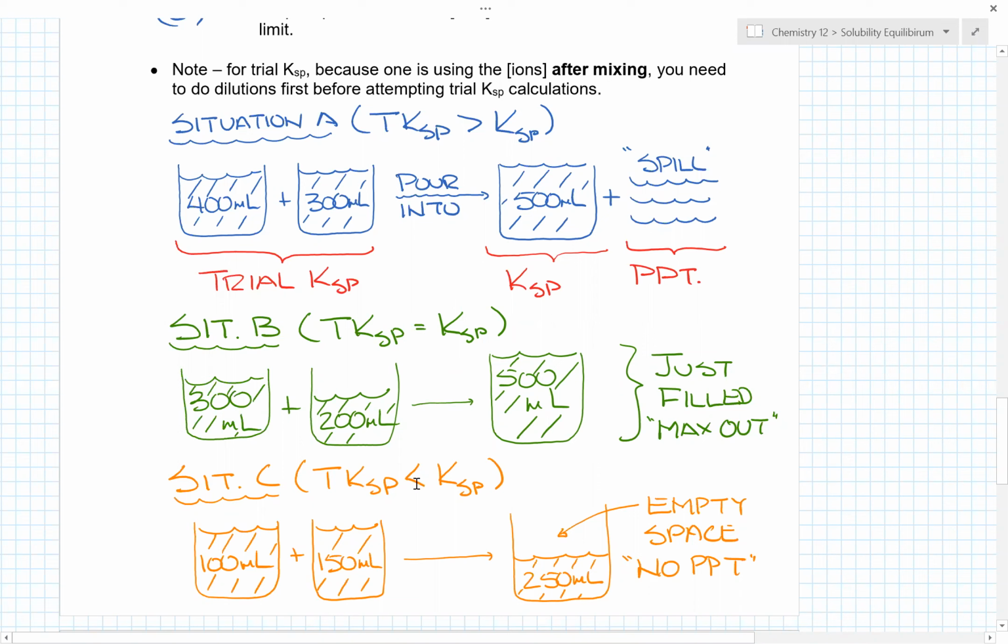Situation C, where the KSP is larger than the trial KSP, the two volumes do not even fill up the vessel. And so what you have is empty space. This is where you have no precipitate. So if we look back in our scenario here,